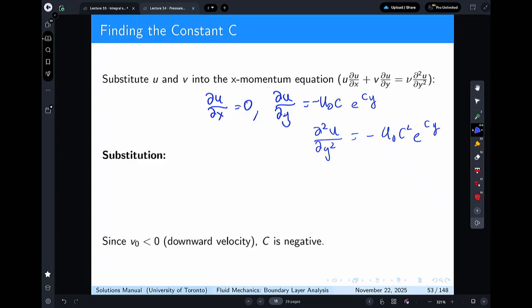So if you do that, then you have to calculate all of the gradients that are there: del u/del x, del u/del y, and the second partial of u with respect to y. And so you can do that, and you end up with del u/del x equal to 0, del u/del y equals minus u naught c e to the cy, and finally del squared u/del y squared, which is equal to minus u naught c squared e to the cy. Substituting those terms in,